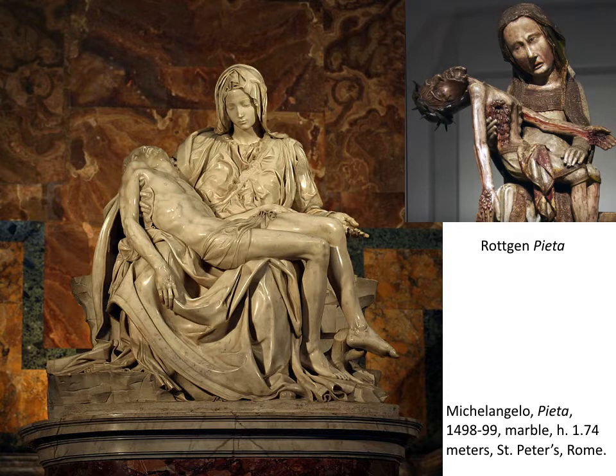If you take a look in the top right, the Röntgen Pietà is actually a German version of this same scene. So in the German version, we can see the forms are not idealized. You can see the ribs have been opened. There's blood spurting out. So this is meant to give a horrifying sense and evoke that sense of pity for this mother who has lost her son to save